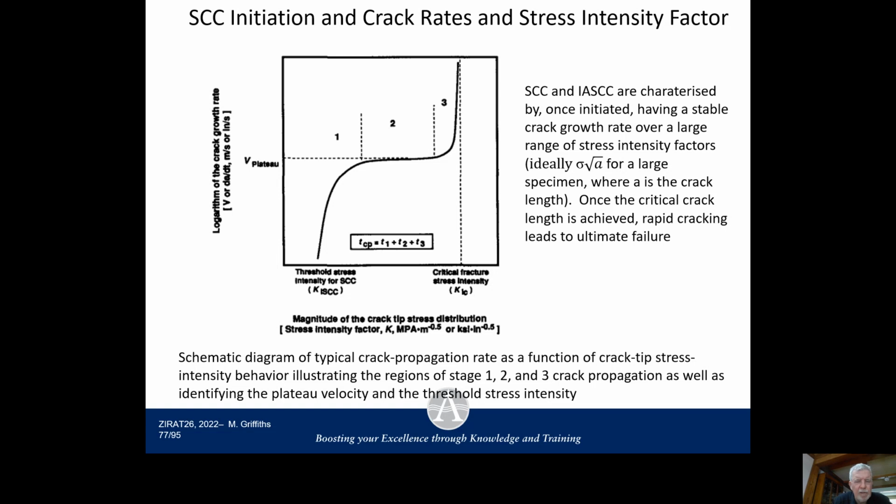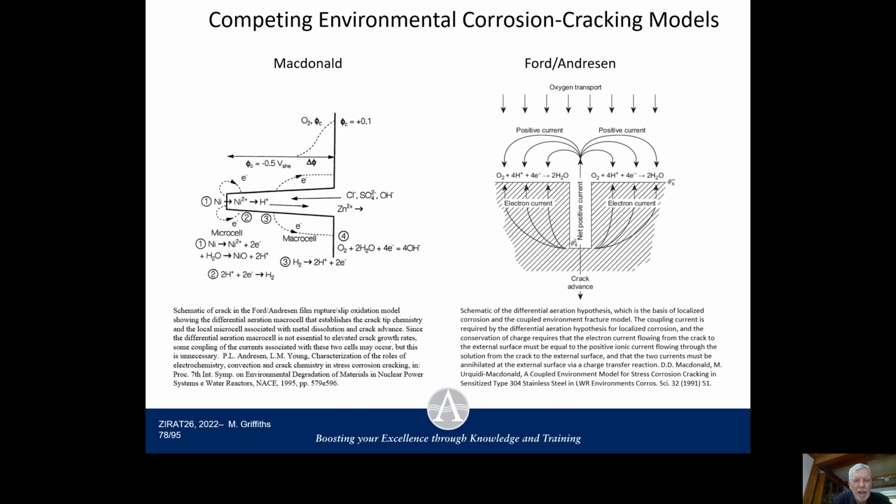I could talk about delayed hydride cracking, but it's zirconium, so I'm not going to get into that. So I mentioned that one of the modes in which you get the brittle material to the crack tip for SCC has to do with corrosion at the environment, and there are a couple of different models. Most notably that due to Digby-McDonald and the Ford-Andresen model, which essentially the main difference